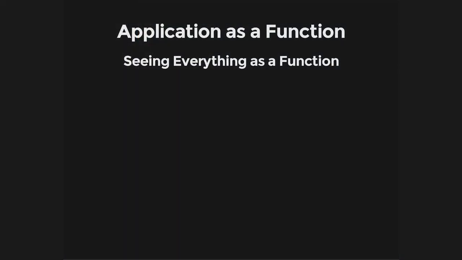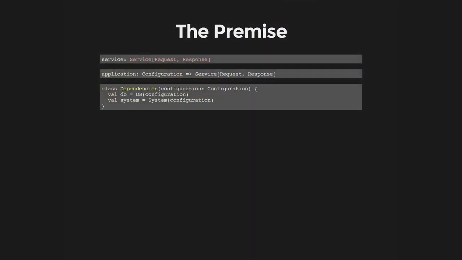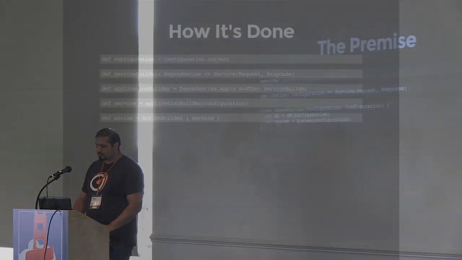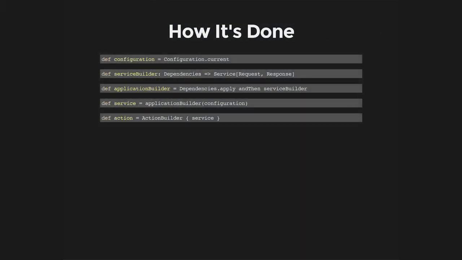So your application can also be viewed as a function. Just like your services can be viewed as a function, your application is essentially something that produces a service that then runs inside of the context of your process. So your application is a mapping from configuration to some service. Given a set of dependencies, I can go from configuration,